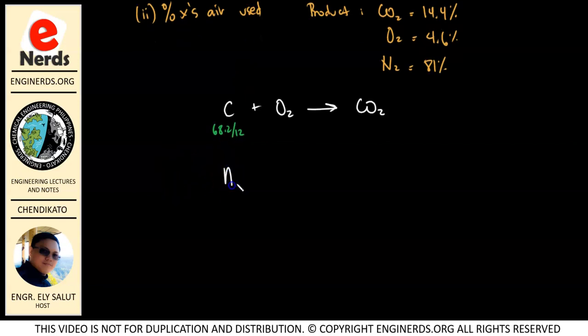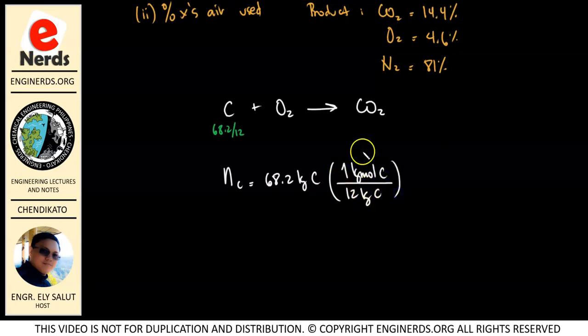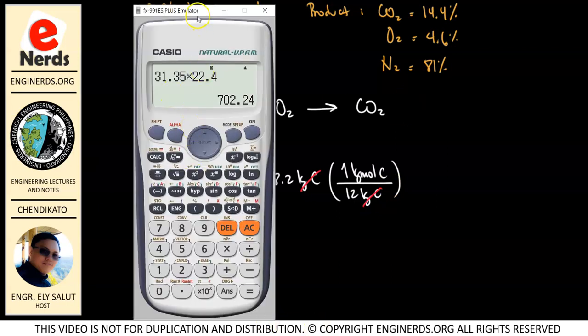Yung number of moles ng carbon is 68.2 kilogram of carbon. Divide natin sa molecular weight niya. So we have 12 kilogram of carbon for every 1 kilogram mole of carbon, diba? So, itong ating unit will be cancelled out. So, ang magiging sagot natin dito is